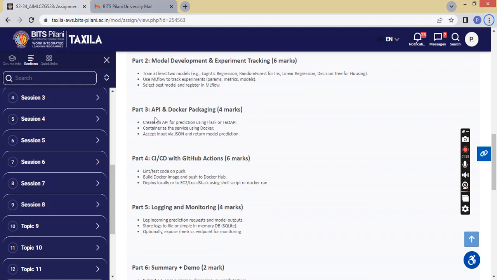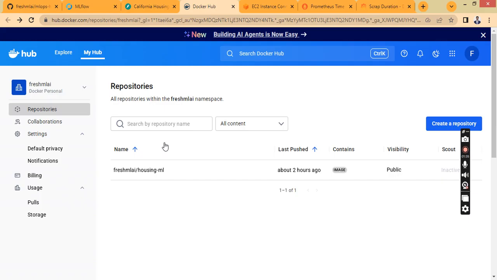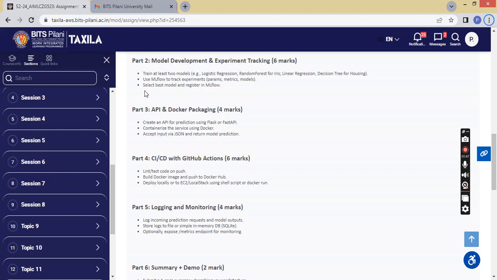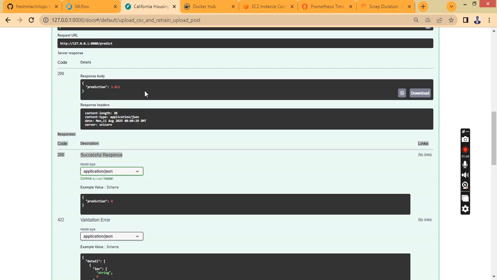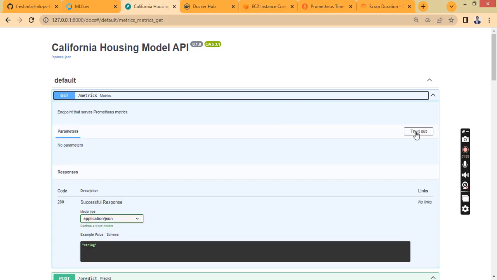Now coming to part 3, API and Docker packaging. We have set up Docker for containerizing the service. This is the Docker Hub where we are pushing the image, and we also have Flask or FastAPI. So this front end will help you get information on all the metrics,